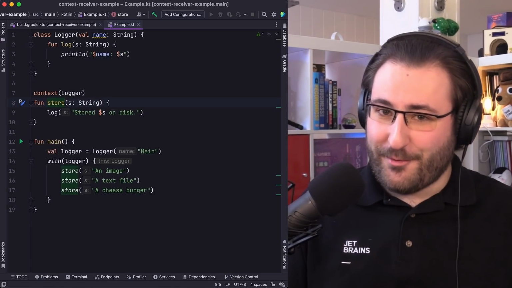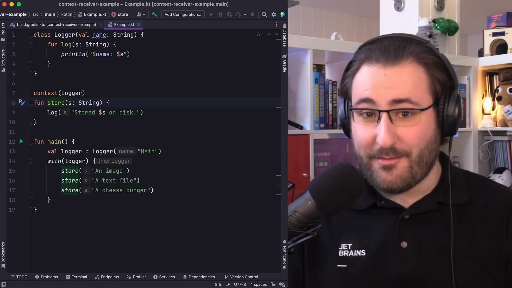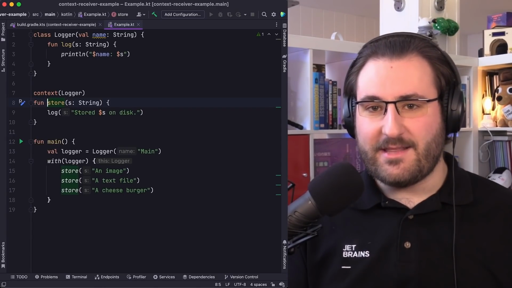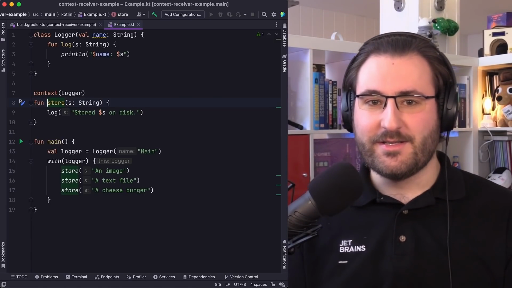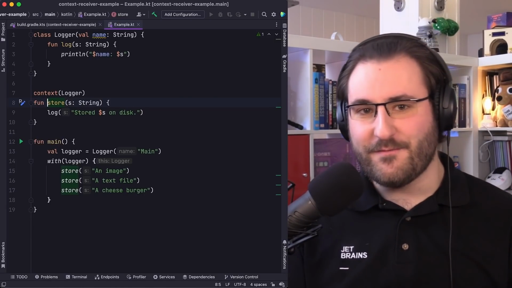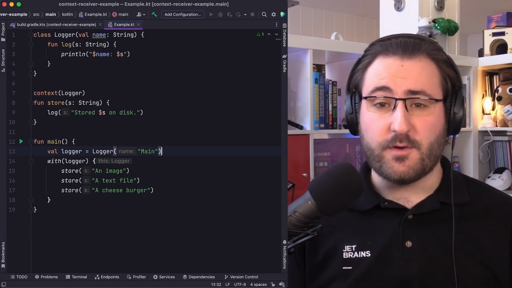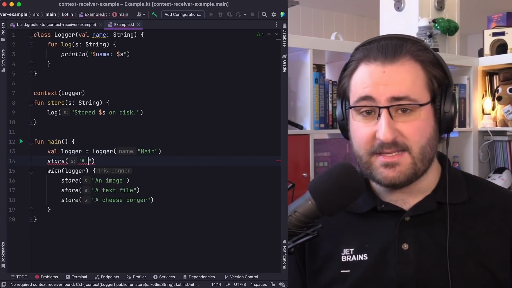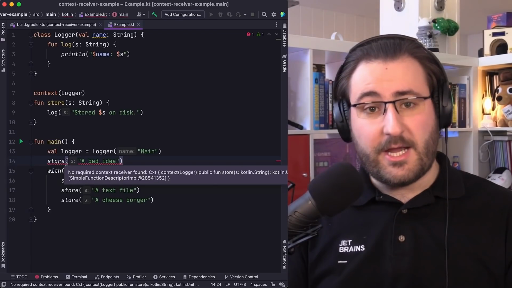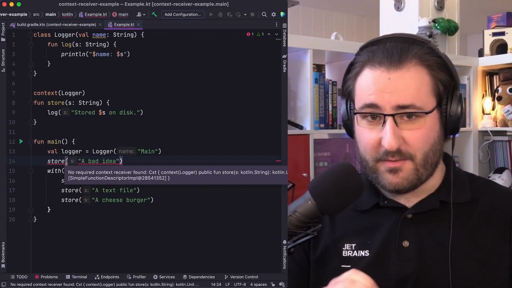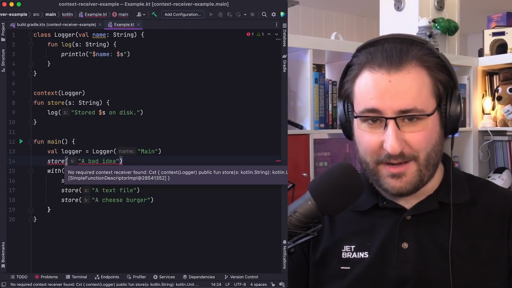And probably the most important part, look at the main function. There are no errors. Inside the with function body, we are now in the context of a logger, so we are allowed to call our new function. If we would try to call the store function just plainly inside main, without first bringing a logger into scope, we'd get an error. Kotlin is going to complain that the required context receiver is not found.